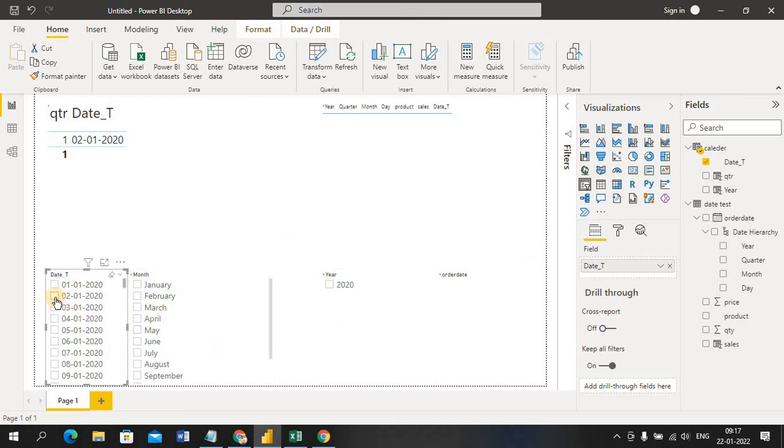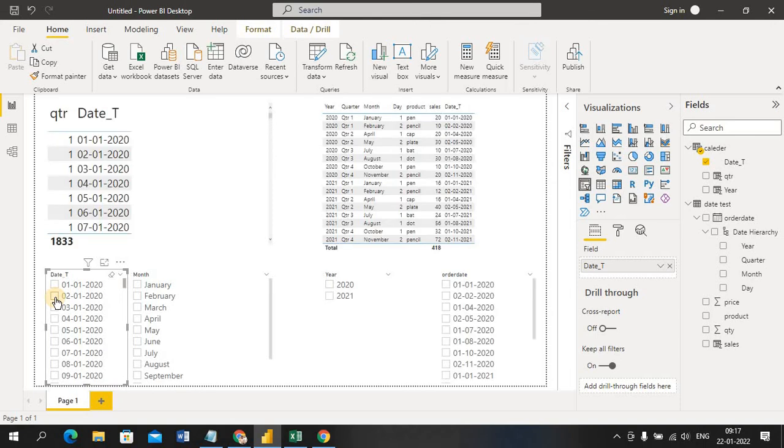Is it clear, guys? Any doubt here why we are creating the date table? Say yes or no at least. Yes, bro, it's clear. So why we create the calendar here is to generate the continuous day system, to know where my data is missing and where my data is available. For that we will create the calendar.